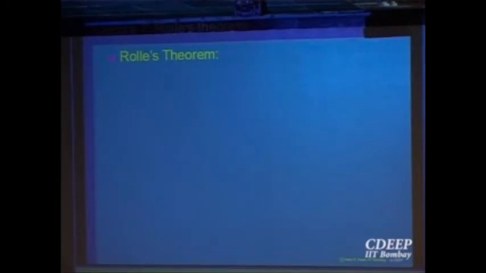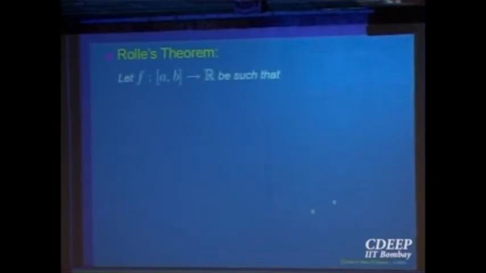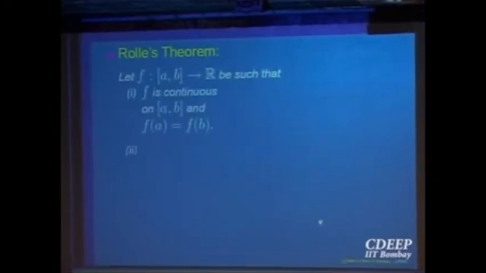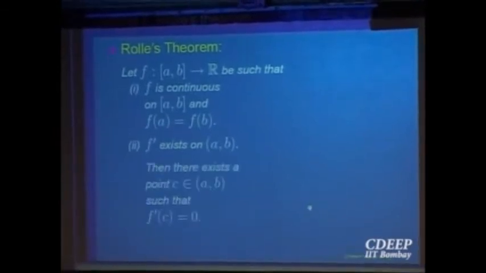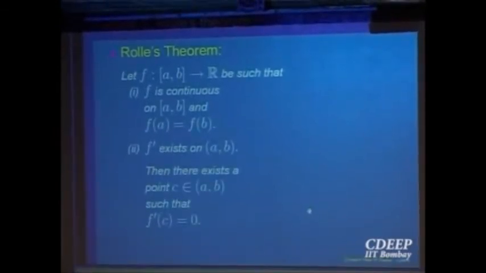As a consequence of this, we get a very important theorem, which is again geometrically very obvious, called Rolle's theorem, which all of you, I think, know very well. So let us quickly go through it. It says f is a function defined on a closed bounded interval [a, b]. It is continuous on the closed bounded interval [a, b], and the values at the endpoints are equal. In the open interval, the function is differentiable. Then the consequence is that there is a point where the derivative must be equal to 0. Right? It's quite obvious, actually.